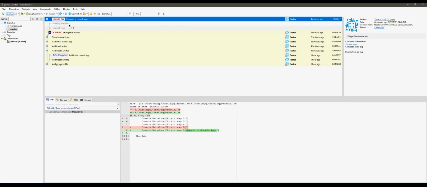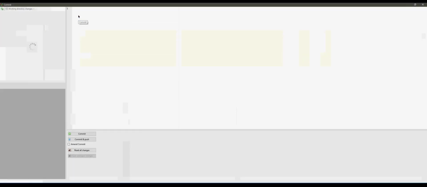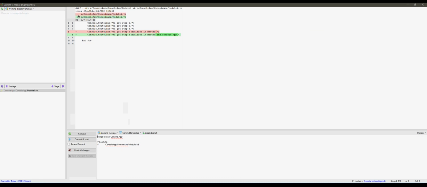So I hit commit, and notice it took this and did a, it'll create a merge commit of the two